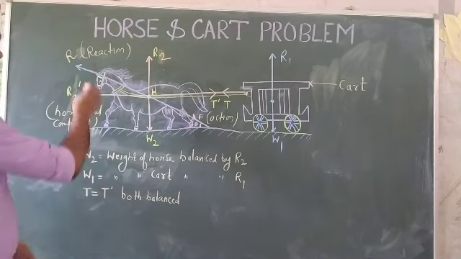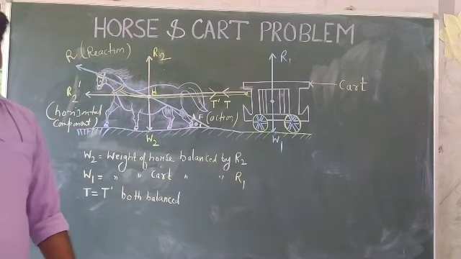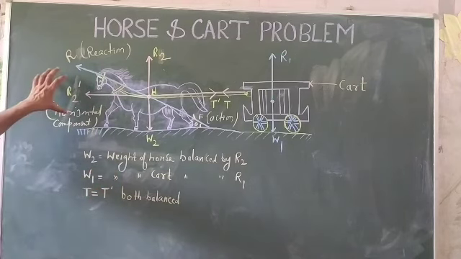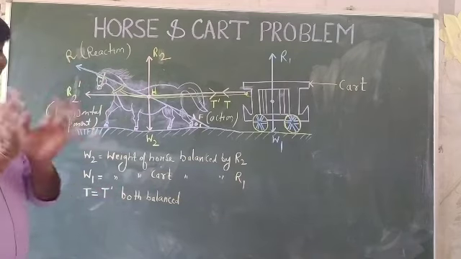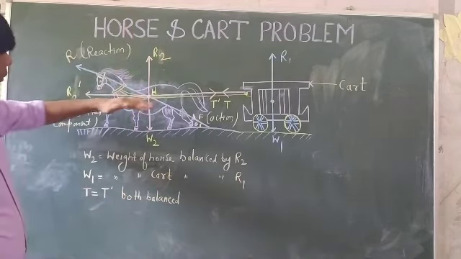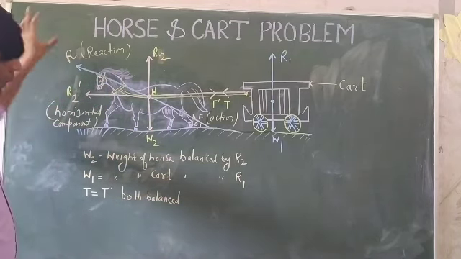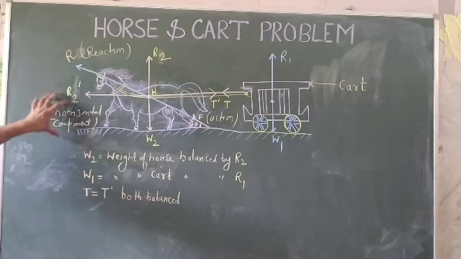So what will happen? We will resolve it into two components, one vertical and one horizontal. After cancelling out, the only remaining component is the horizontal component. We are dividing the reaction on the body of the horse into two components, one vertical and one horizontal. In this overall phenomenon, the summary is that only the horizontal component of the reaction force on the horse remains.